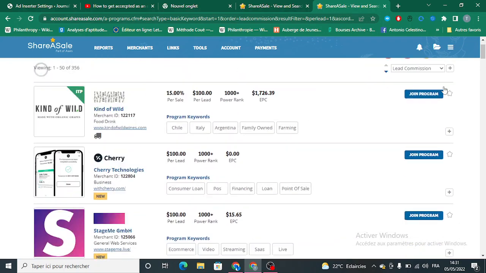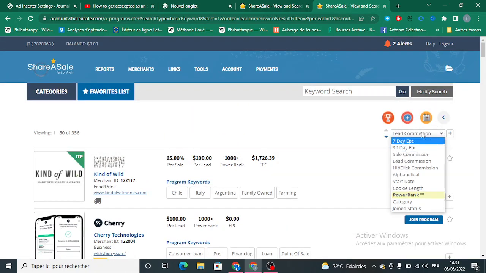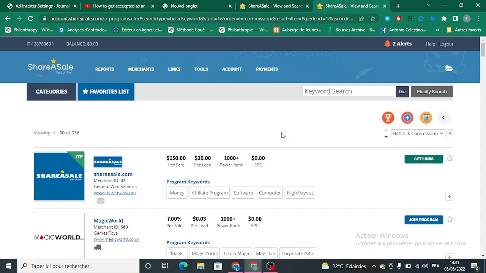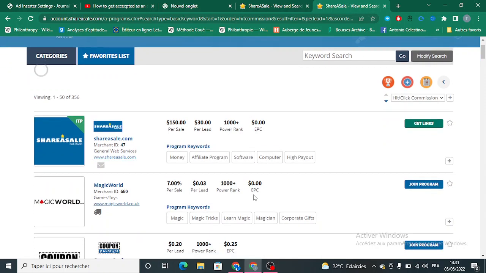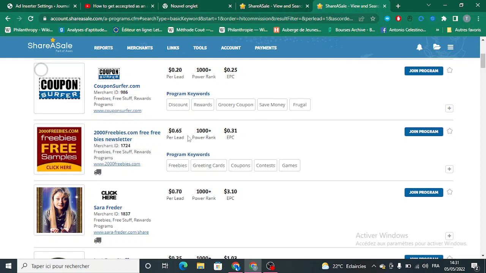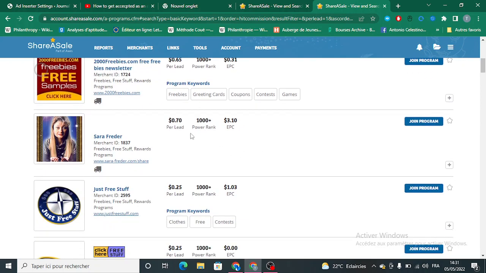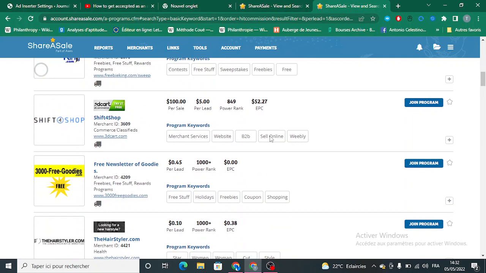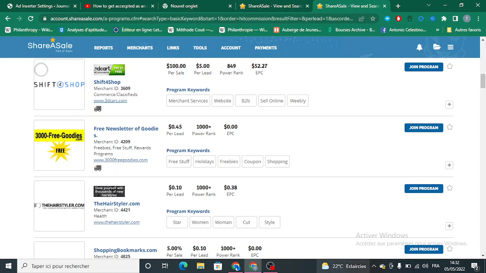And here, if someone has sales, they can orient themselves and click on commissions. There's nothing here. Zero per lead here. Zero per lead. ShareASale, I don't know if this is... Yes, here we have shares per lead. If someone just clicks on a link, or you direct someone from your content or from your website to their website, you can earn, of course, a commission regarding this.